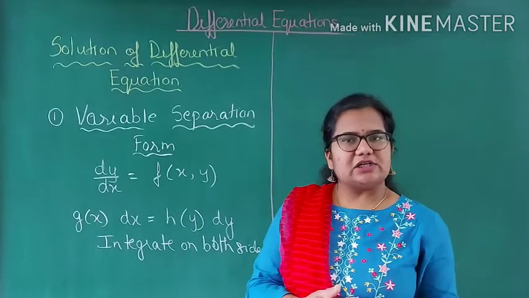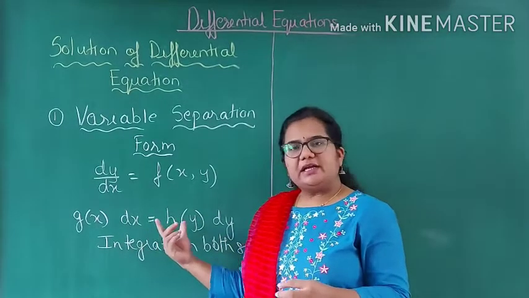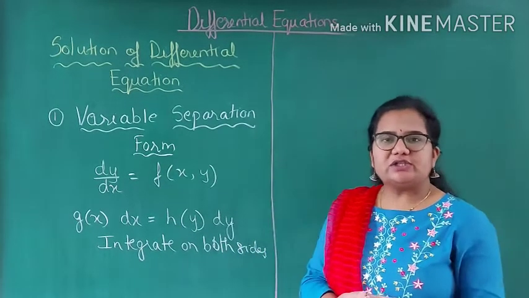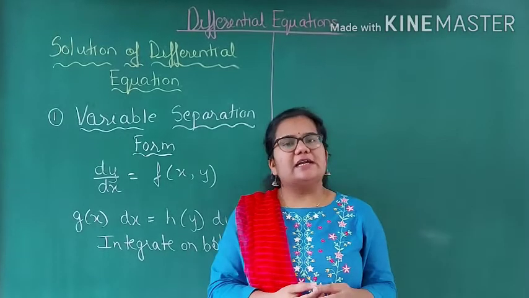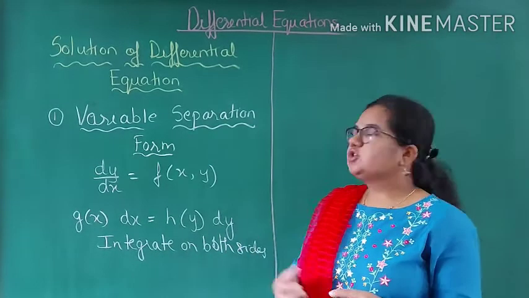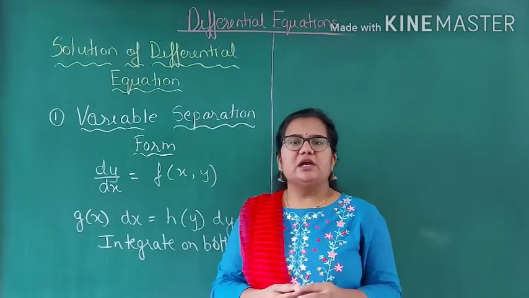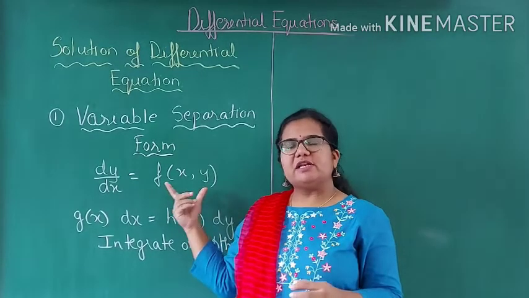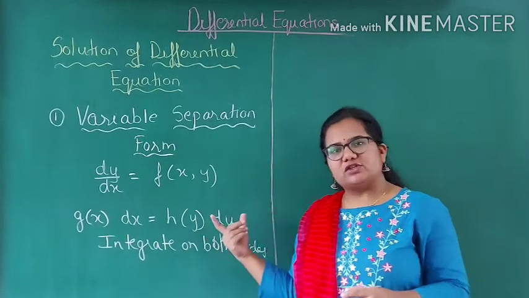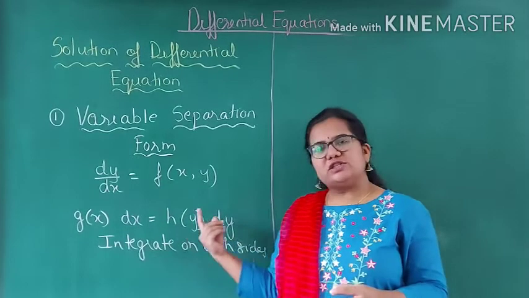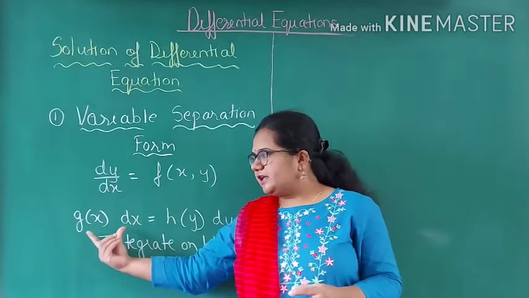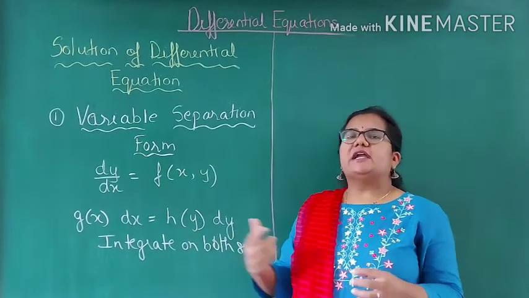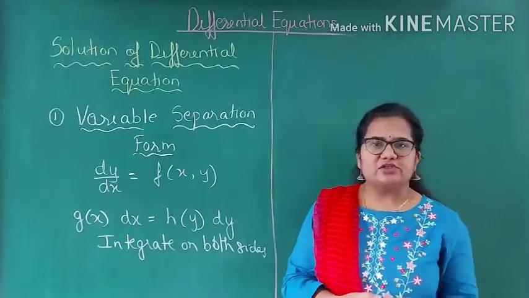Now why is it called the general solution? Because when you integrate, we know that the constant of integration is present, that is c. So in an equation, when the constant c is present, that is called the general solution of the given differential equation. So understood what is a variable separation form? A function in x and y is given, separate the function of x and the function of y, accordingly write the differentials associated with it. Here you will integrate with respect to x and here you will integrate with respect to y. Simplify and you will get the general solution of the given differential equation.